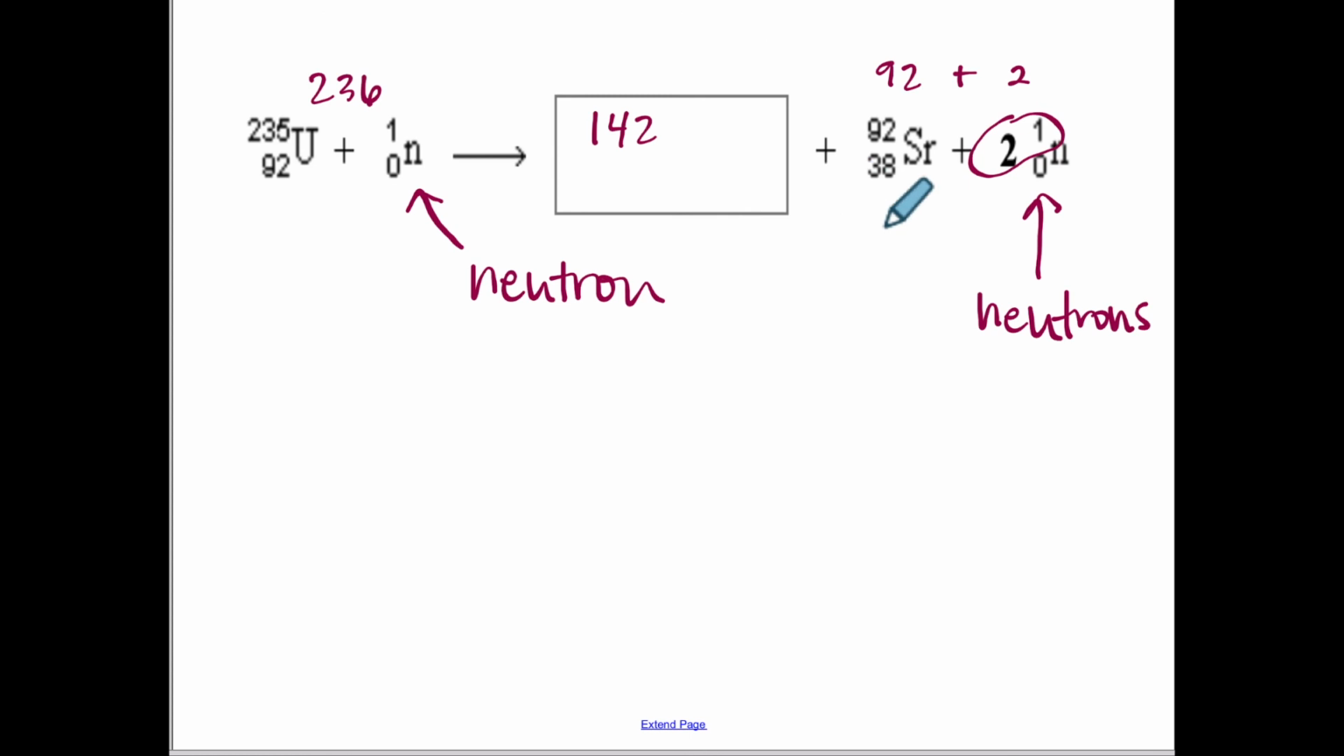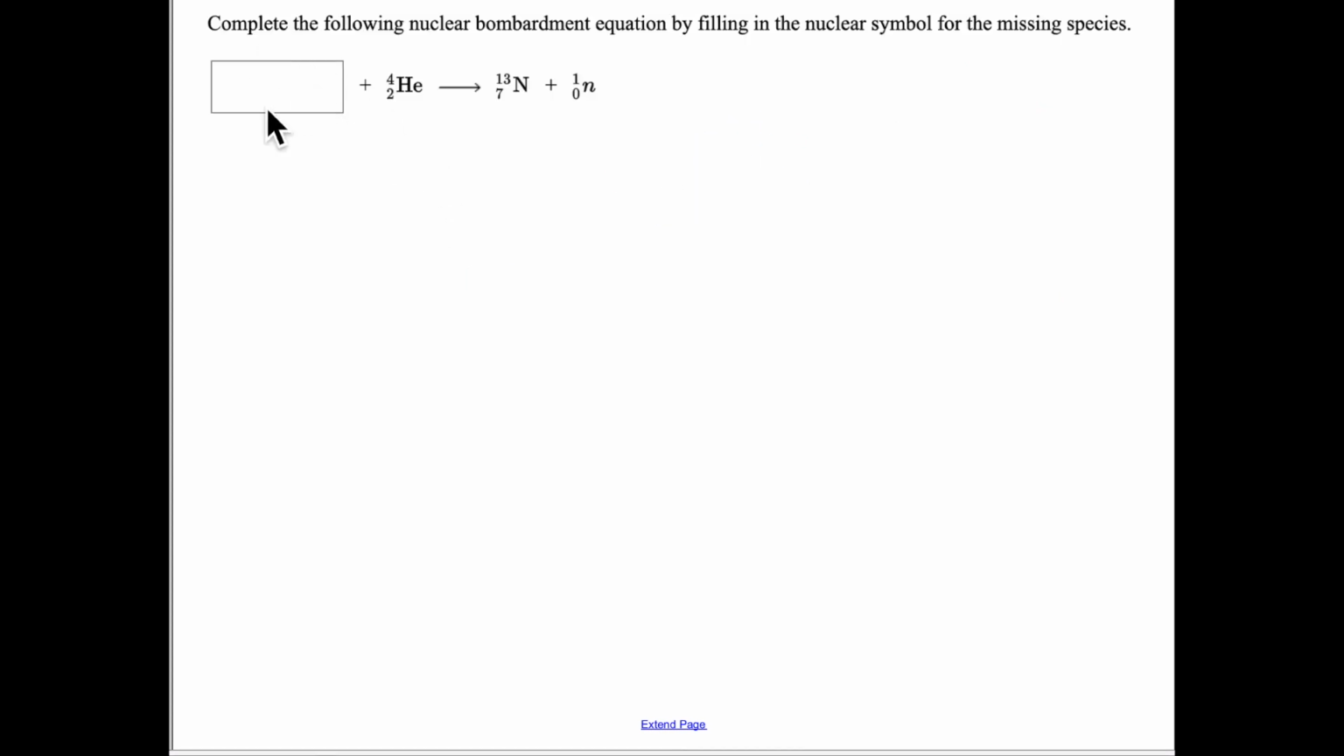And then to figure out the bottom number, down here we have 92 plus 0, which is 92. 38 plus 0 is 38. So we take 92 minus 38, and we get a bottom number of 54. That is xenon. In this case, the beginning isotope is being bombarded with an alpha particle,